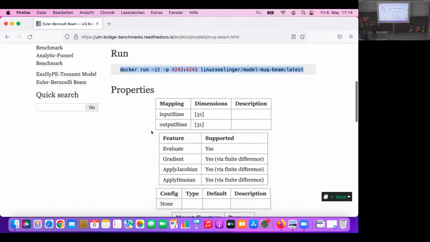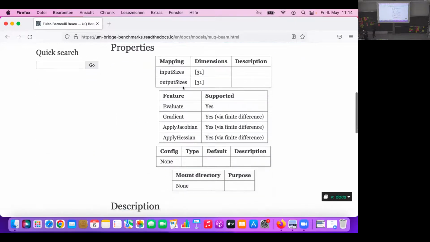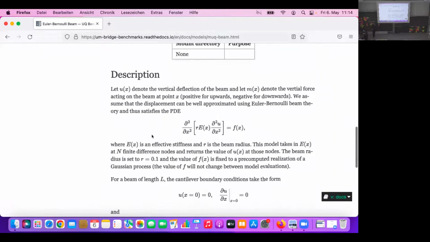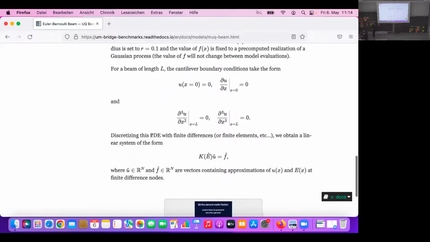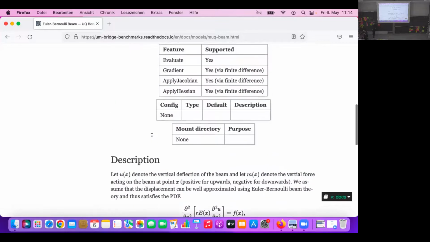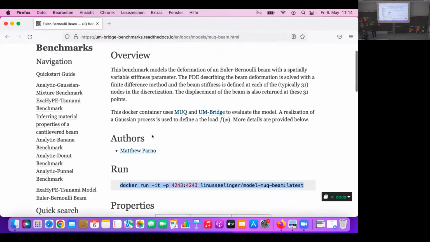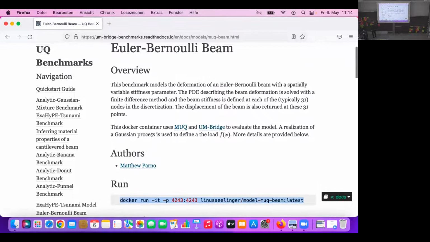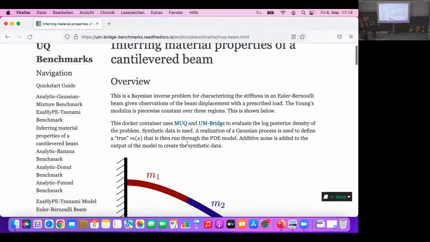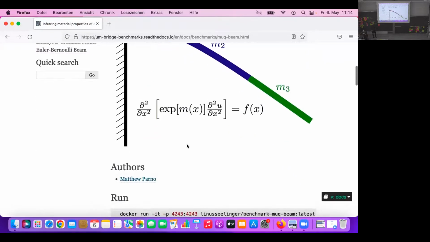There are properties like what the input and output dimensions are, whether it supports gradients, and in this case there's no additional configuration. There's documentation describing what the PDE is that is being solved in that benchmark or in this reference model. And based on this model, which is now just mapping inputs to model outputs, we also have an inverse problem that Matt has come up with, where